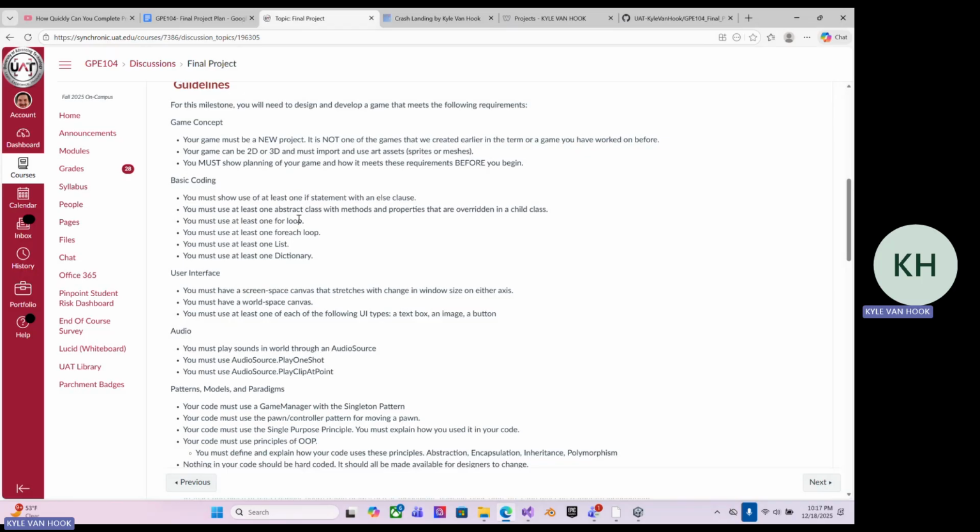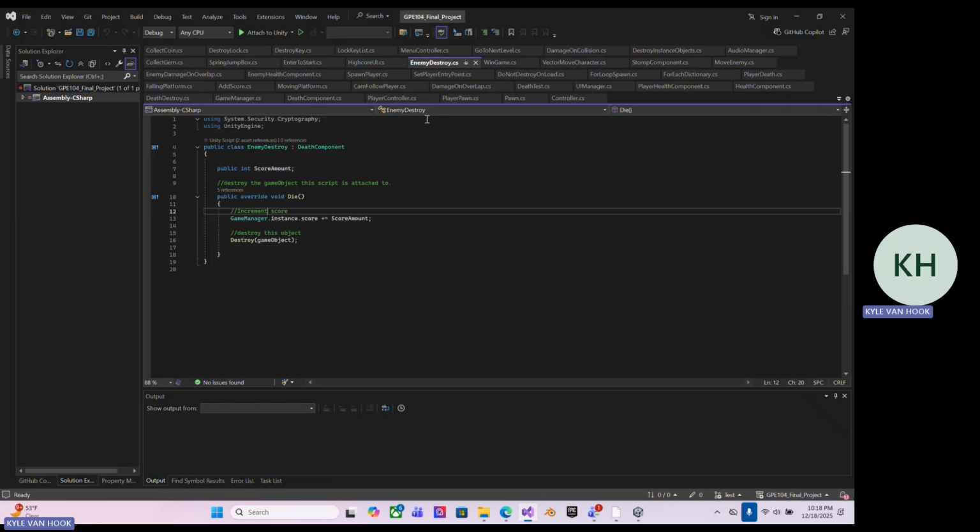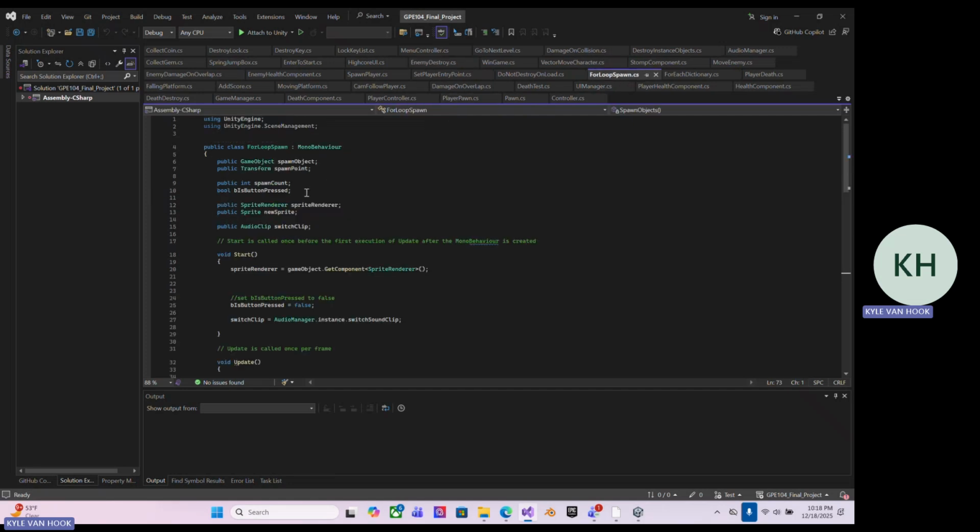So, one for loop. I did do a for loop somewhere. I know where the for each loop is. Oh, I know where the for loop is. It's for loop spawn. All right. So in the for loop spawn,